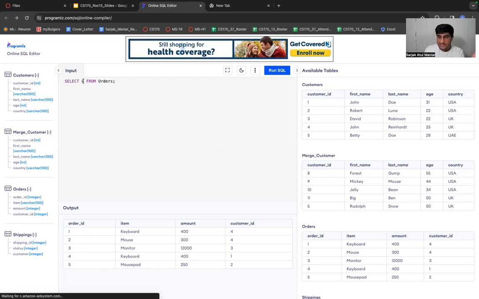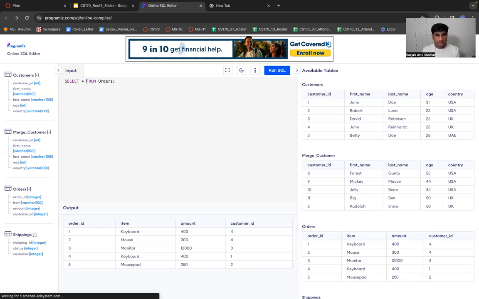You simply say select star from your table name. For example, imagine that this table called orders contained, let's say, 1,000 rows, and you want to retrieve all the rows and columns of this table.